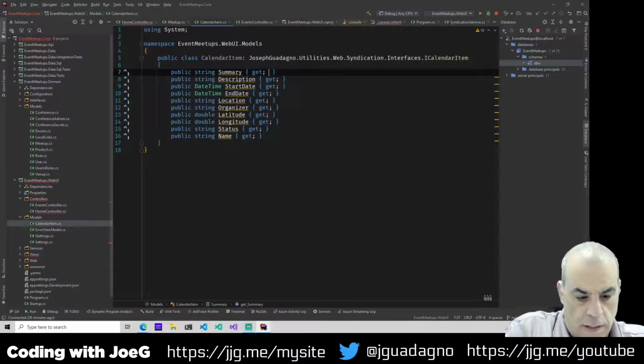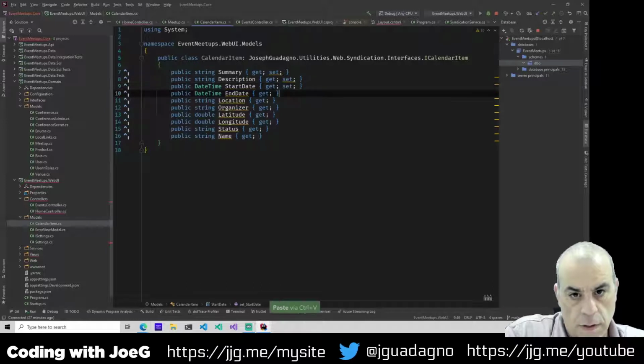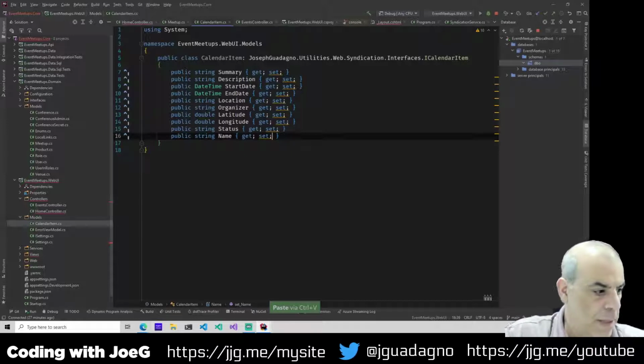Going to need gets and sets for these. And then what we'll do is I am going to add AutoMapper and have AutoMapper do it for us, but that's going to be a pain in the